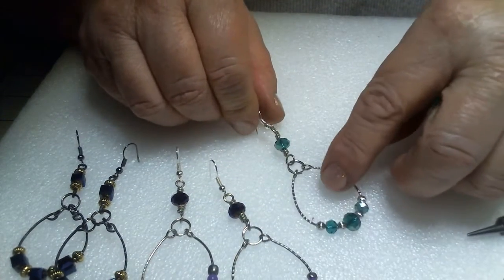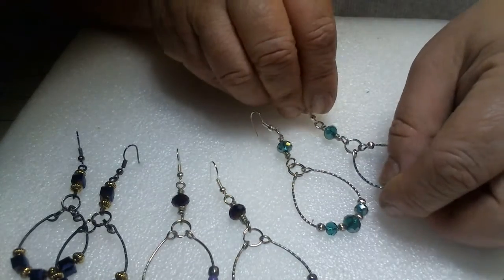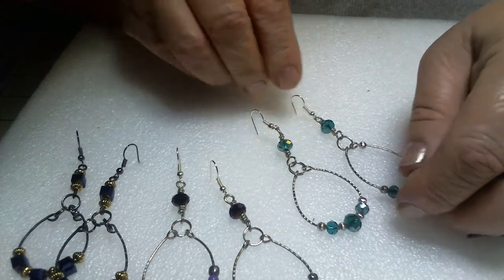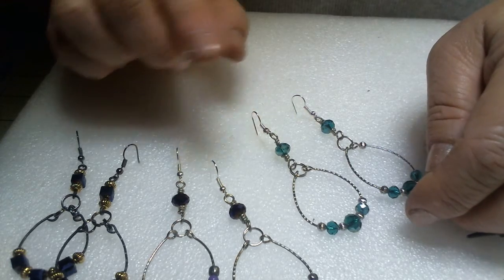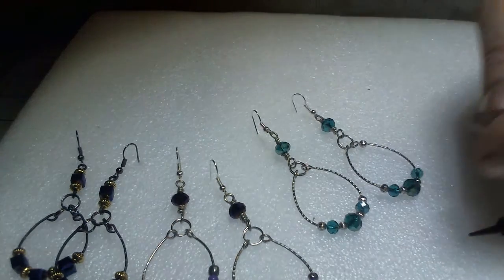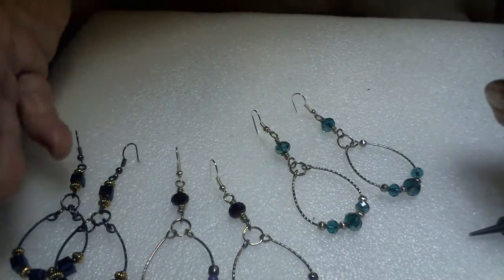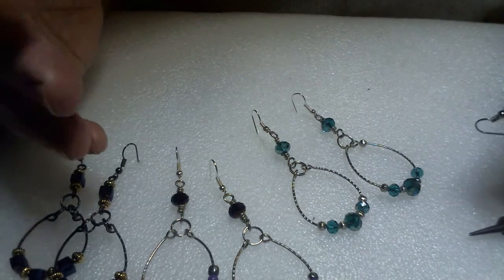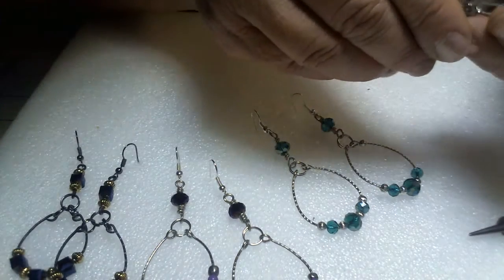This was more of an aluminum type metal on this one. I use all kinds of metal. I'm very careful about what I use for the ears, for the ear wires. But I use all kinds of stuff on here, especially for practice. Now, if you want to get into the more expensive stuff, I advise you just go down to Ace Hardware and start with the cheap stuff until you get real good at it,